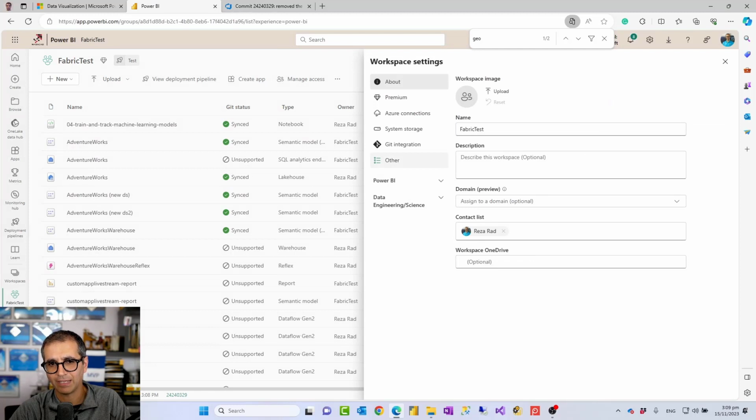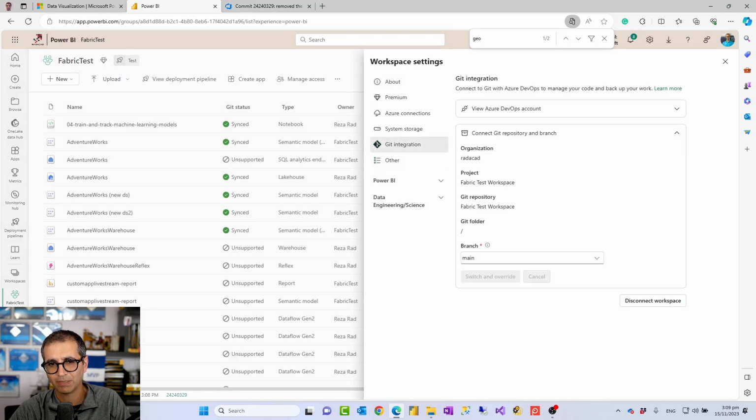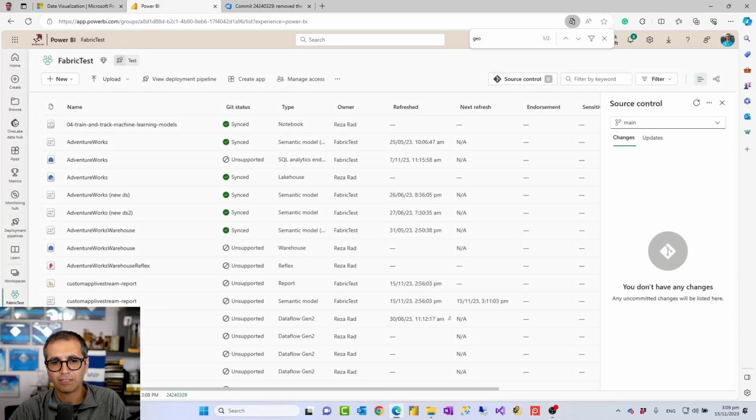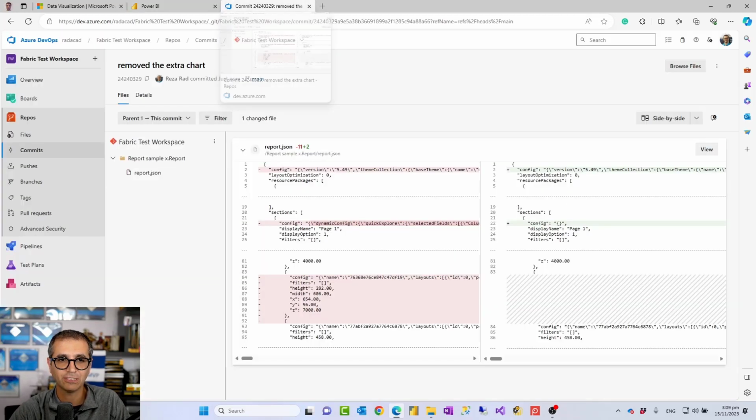So for example, as a developer, I can create a new workspace and then assign it to a new branch. I create a new branch, and then I develop my things under that new branch, push or commit that changes, and then finally in here we come and merge those branches into the main branch. So this is one of those features that you need to be careful about the process much more than the